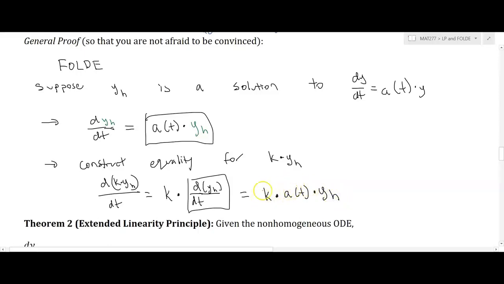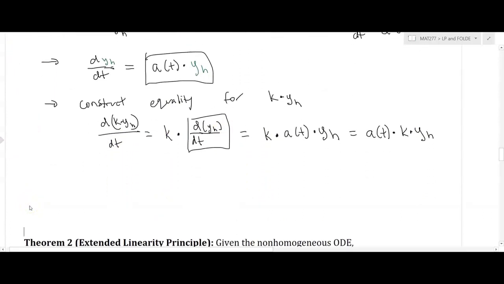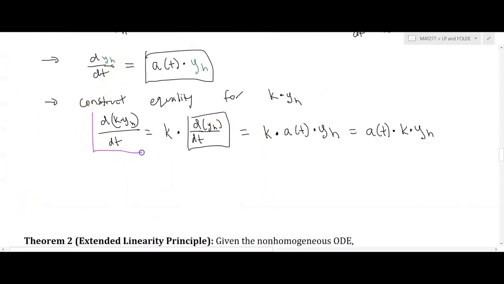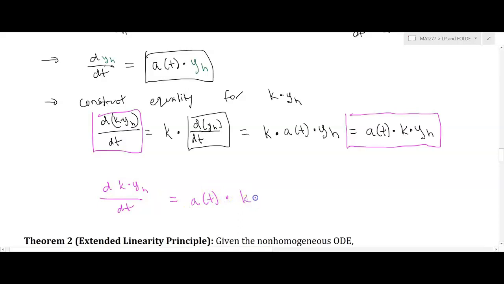Now because I have the multiplication of three things here, I can rearrange the order in which I multiply those things. And if I write it like this, you can in fact see that from our three equalities, what we're now able to deduce is that the two ends are equal to each other, right? Because I have a bunch of equal signs here, and so ultimately, since these things are all equal, it follows that the derivative of k times y sub h is equal to a of t times k times y sub